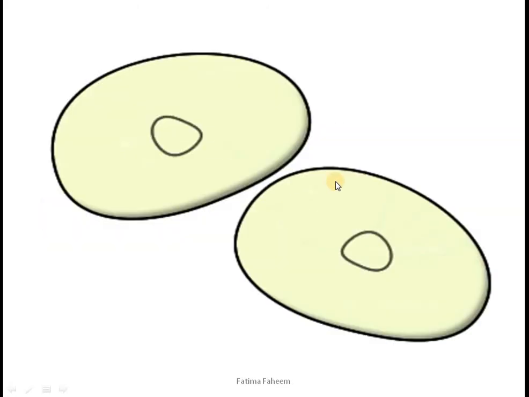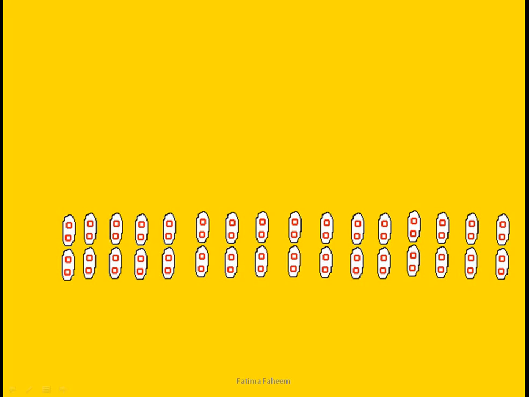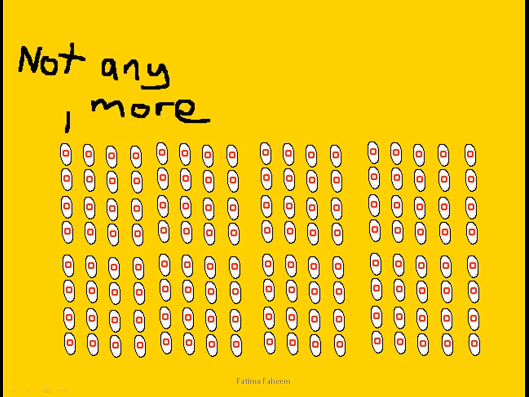The rate of reproduction is quite fast. If you take one bacterial cell and provide it with all the nutrients it requires to reproduce, this one bacterial cell will give rise to millions and trillions of cells. Each would be an identical copy of its parent, and you can get a colony of bacteria in no time.